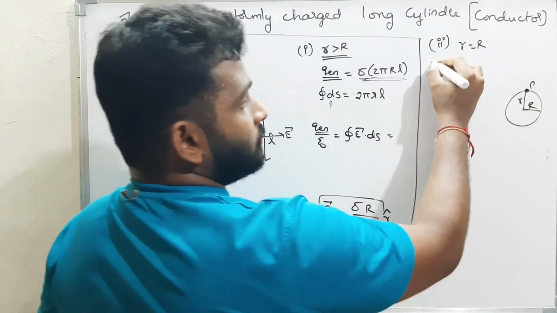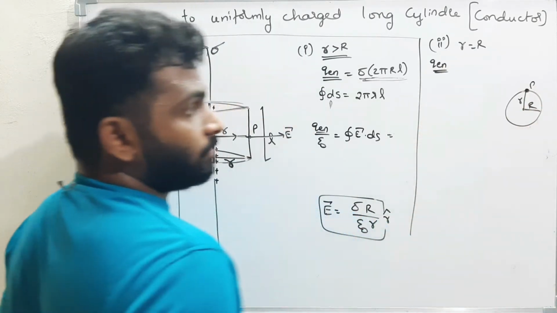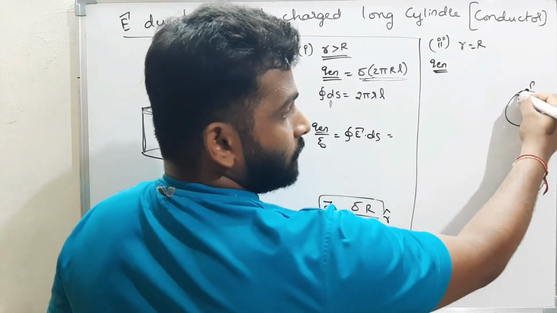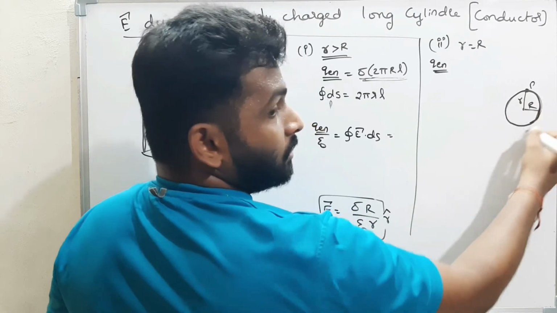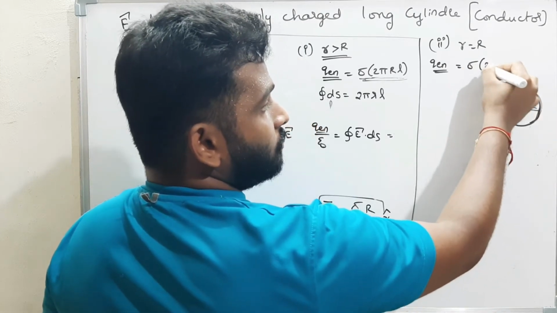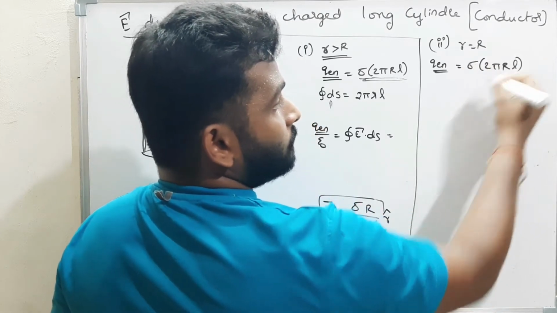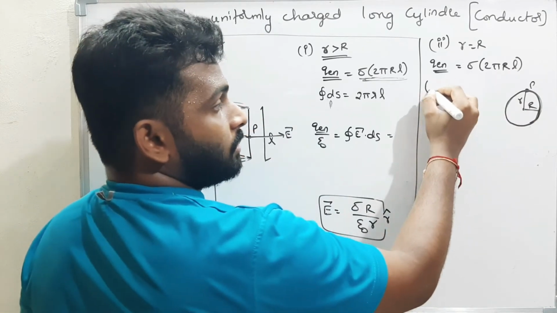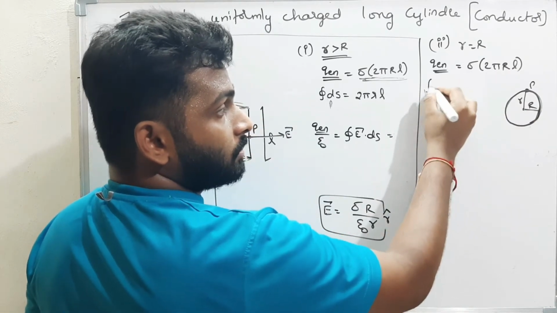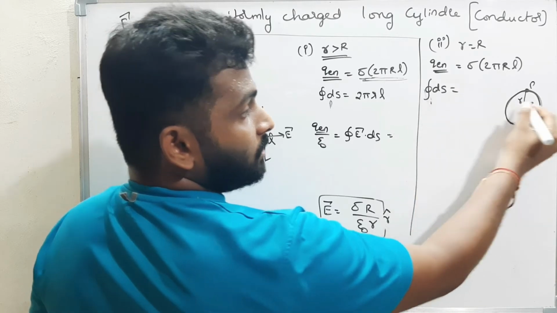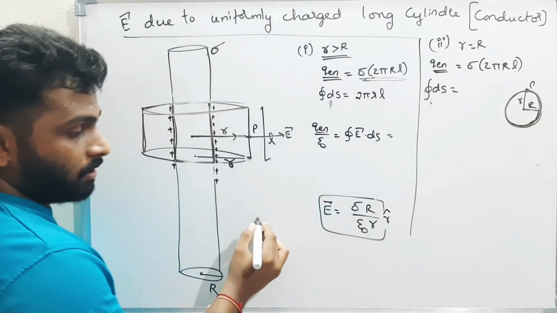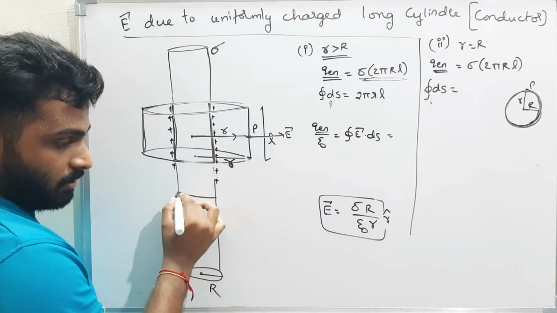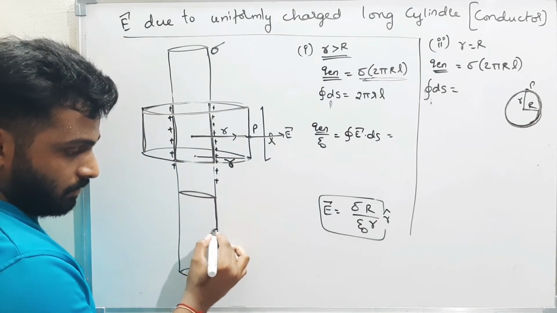Therefore, what is the charge enclosed? I am assuming a Gaussian surface like this. This is a Gaussian surface. The charge enclosed is nothing but sigma into 2 pi capital R into L. It won't change. Now what is the Gaussian surface area? I am assuming a cylinder like this. This is a Gaussian surface